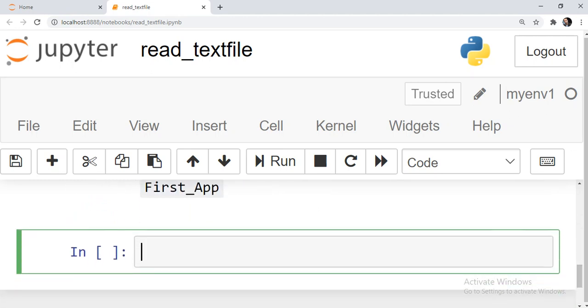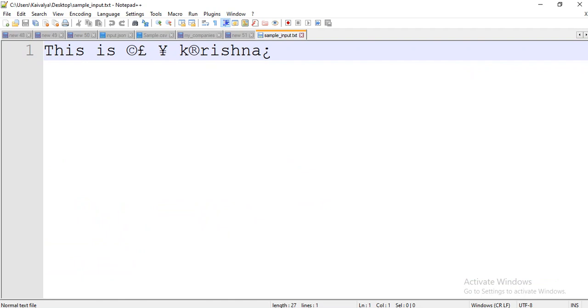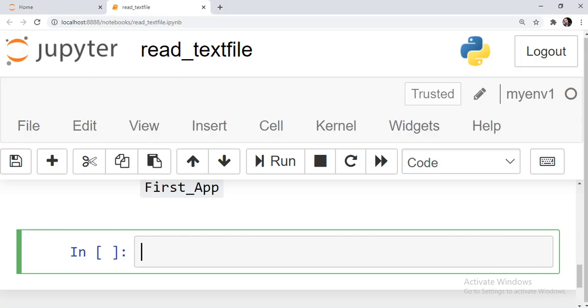Okay. So now what we will do, we will try to read a simple plain text file. I have created a simple text file on my desktop. This is the content in this file. It contains some English characters and some European characters as well. We'll discuss more about these characters further, but let us assume this is the text in a single line in this file, which is named simple input.txt. So I will now try to read this file into a Spark data frame. Whatever is returned is a data frame in Spark.